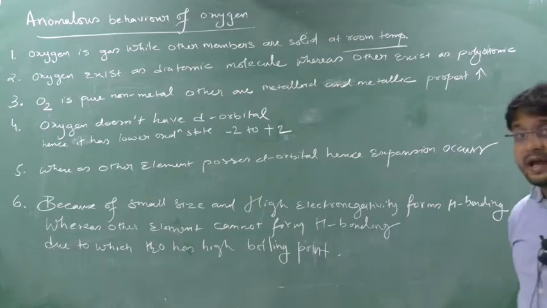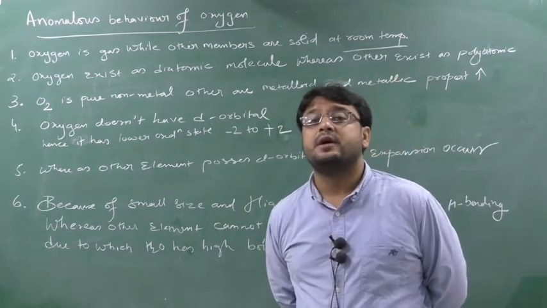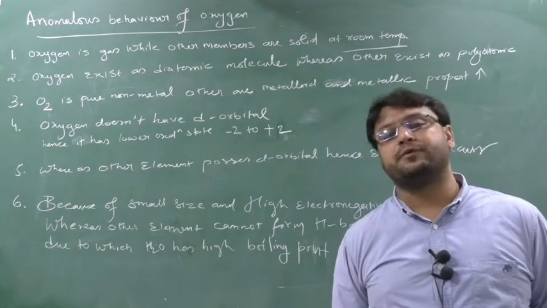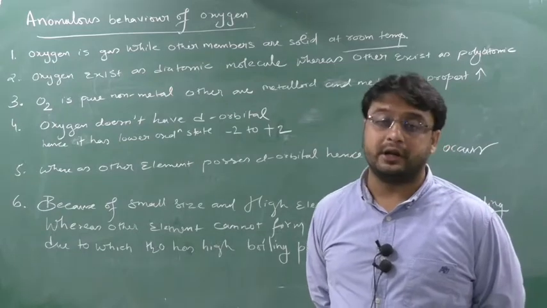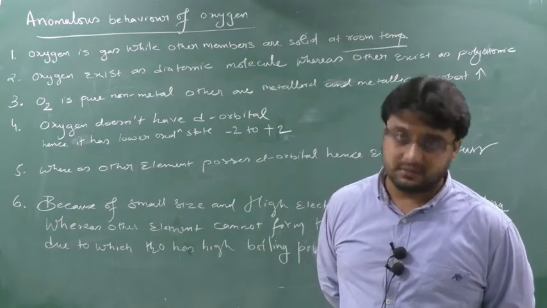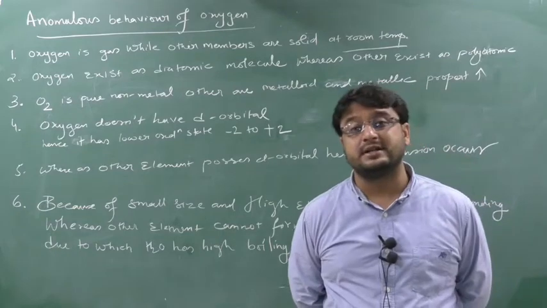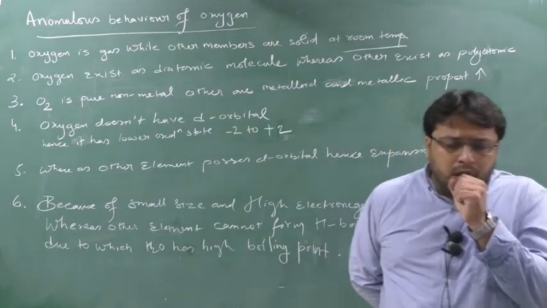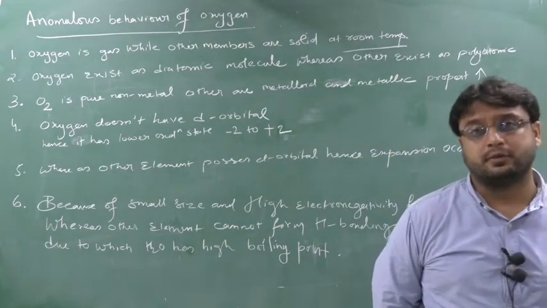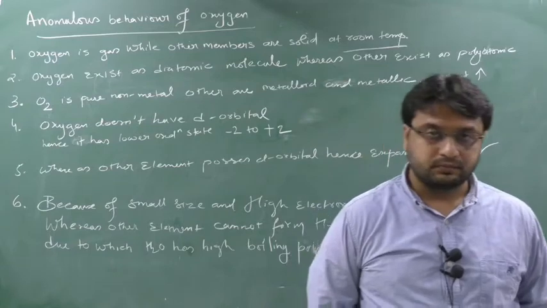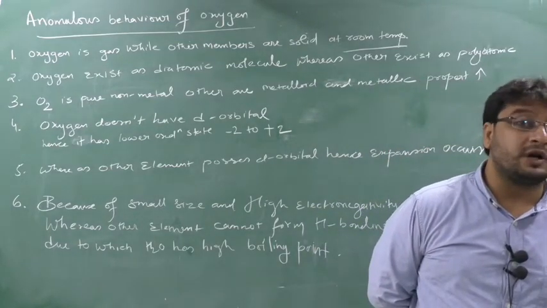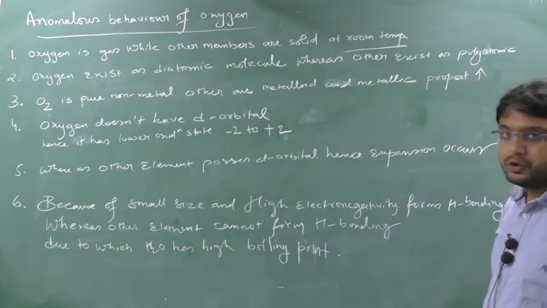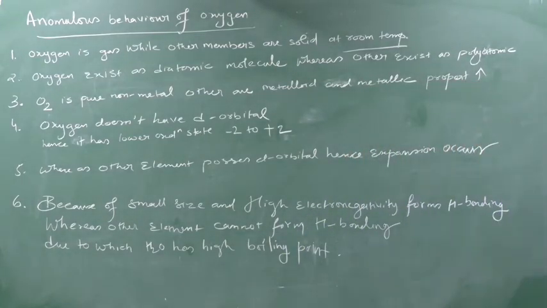Then oxygen exists as a diatomic molecule, meaning oxygen exists in O2 form, whereas other elements are not in O2 form, they are in a polyatomic form. They can exist in O2 form also, but they are also polyatomic: S2, S6, S8. You know S8 has a crown shape, and S6 a chair shape of sulfur. It will come in future classes. So the second point says that oxygen exists as a diatomic molecule, meaning O will form only O2. It can combine to form ozone, but ozone is not a form of oxygen, it is an allotrope of oxygen. Yes or no? So oxygen is a diatomic molecule, whereas the others can form polyatomic molecules.